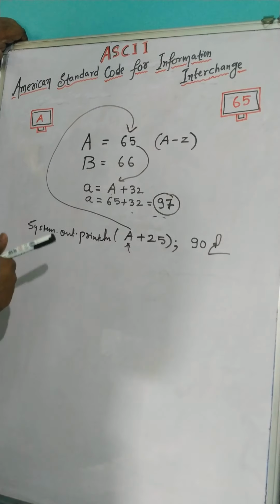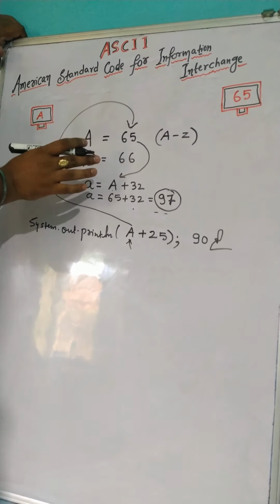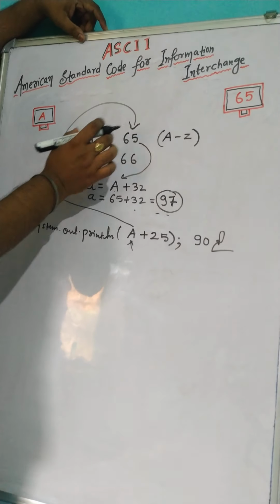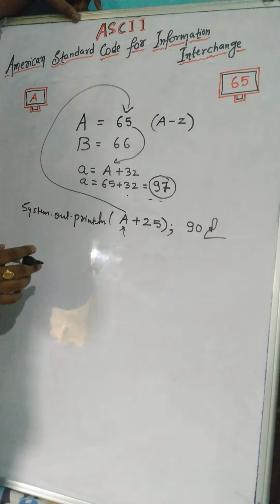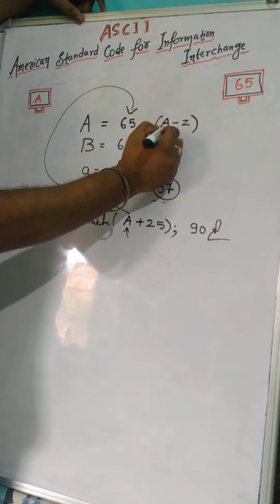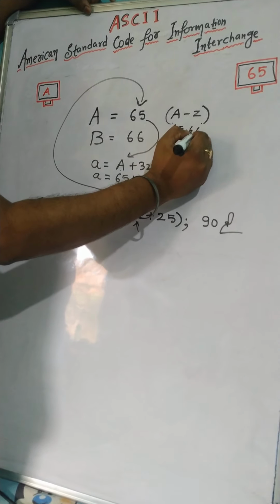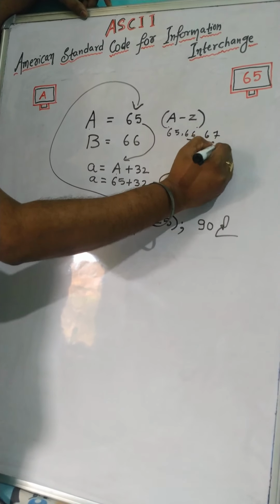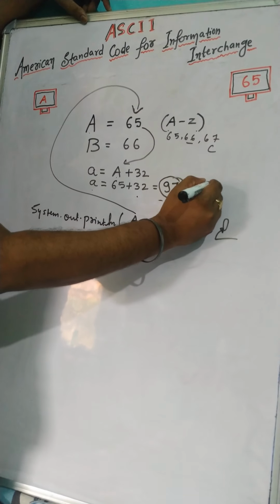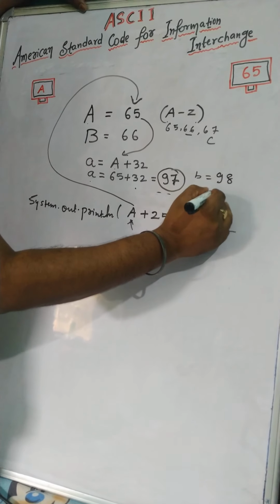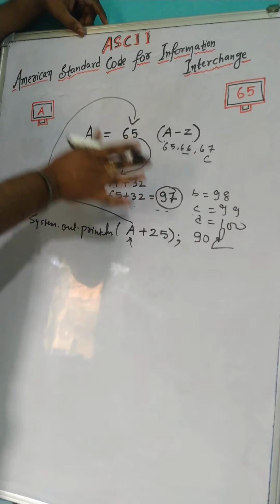Correct? So whenever we are converting a character into an integer, all the characters have some value. When all these characters are converted into integer format, each has its own value. Capital A to Z starts from 65: 66 is the value of capital B, 67 the value of capital C, like that. And in small letters, small a is 97, then what is the value of small b? That is 98, small c 99, small d obviously 100. So it is moving like that.